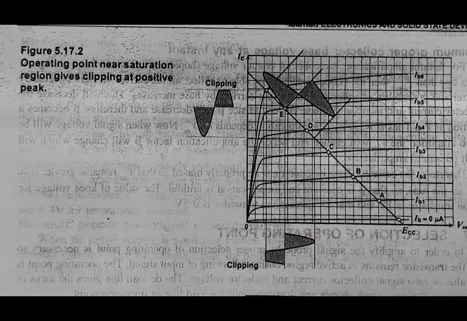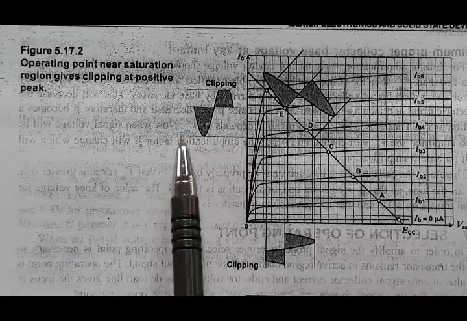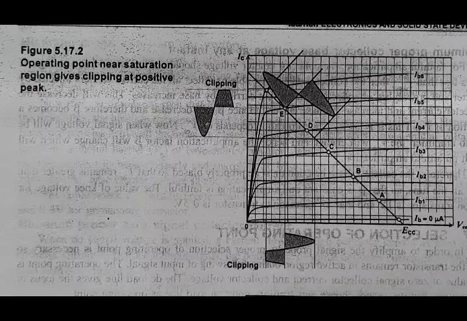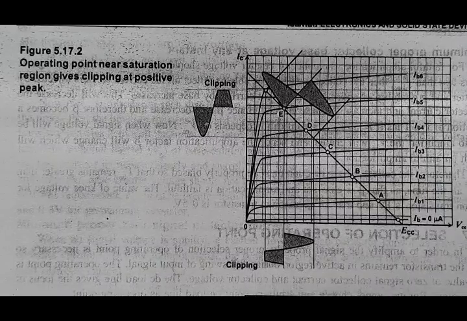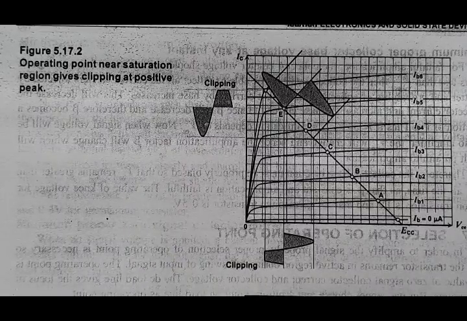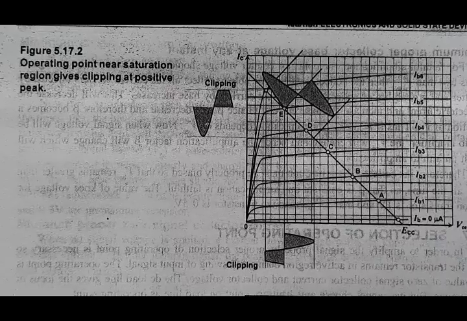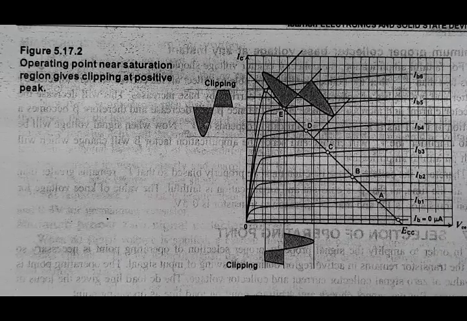What does this mean? That your output signal again is a distorted one. So इसीलिए जो आपको अपना ऑपरेटिंग पॉइंट है वो कैसे चूज करना है कि वो सैचुरेशन रीजन के क्लोज ना हो, क्योंकि अदरवाइज आपका जो आउटपुट सिग्नल है वो अनफेथफुल एम्पलीफिकेशन होके डिस्टॉर्टेड आएगा, क्लिपिंग के साथ आएगा.